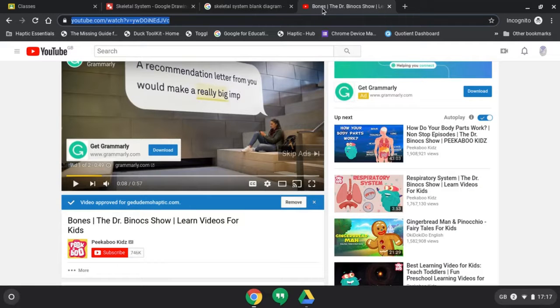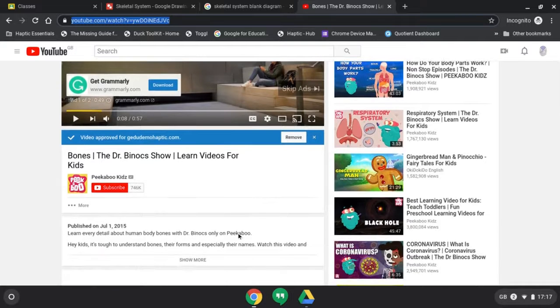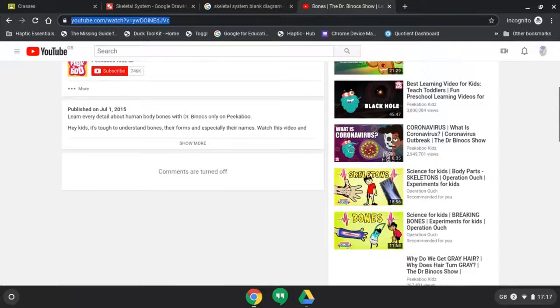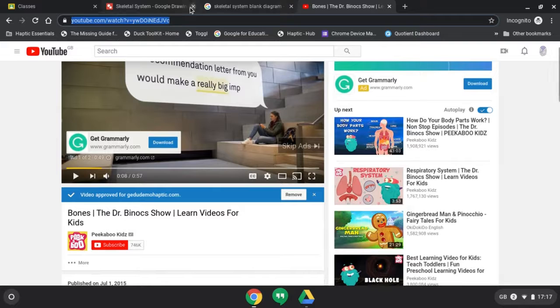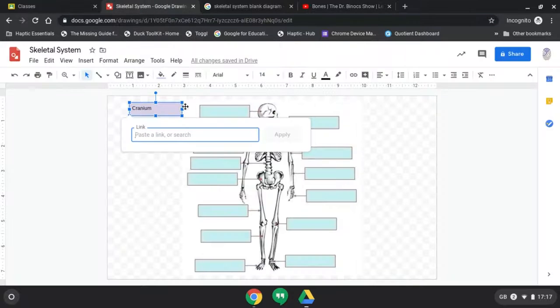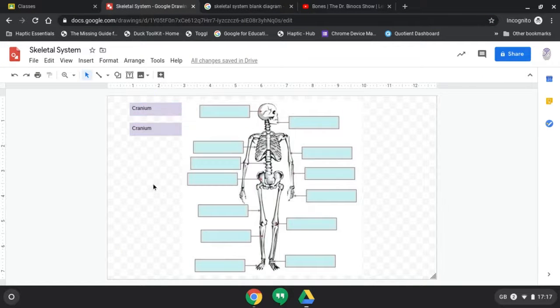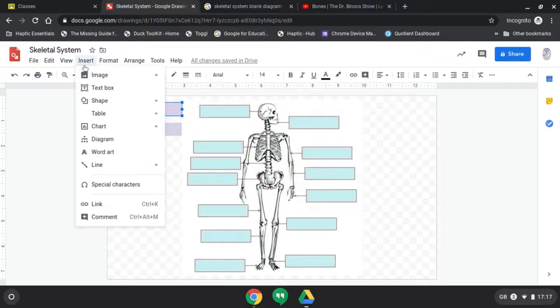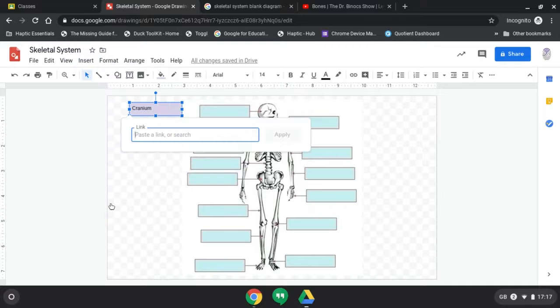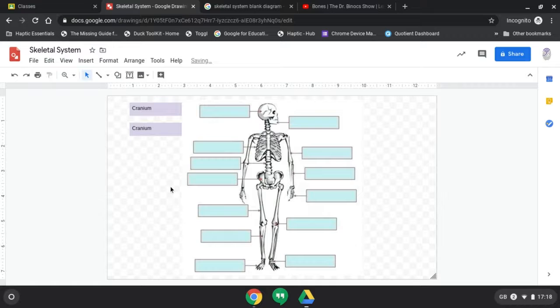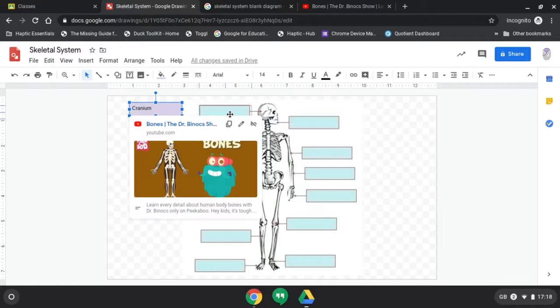So I've just copied the link. You can do that there, or you can use the share button that you have on there. I'm just going to go back to our drawing here. So here we go. I'm going to click on here. I'm going to go to insert. I'm going to go to link, and I'm going to press Control V. I'm going to apply that. So that now, if we put that in,